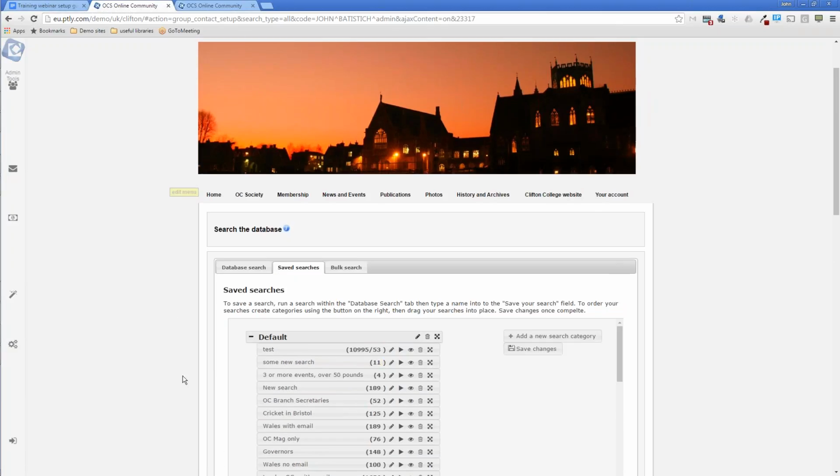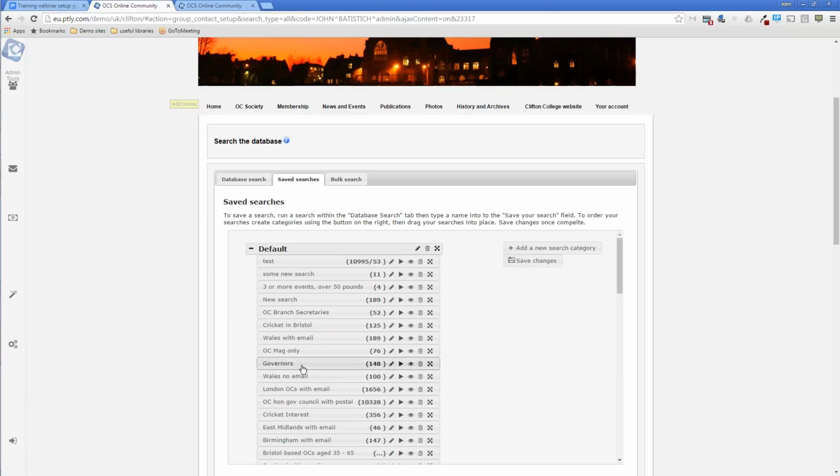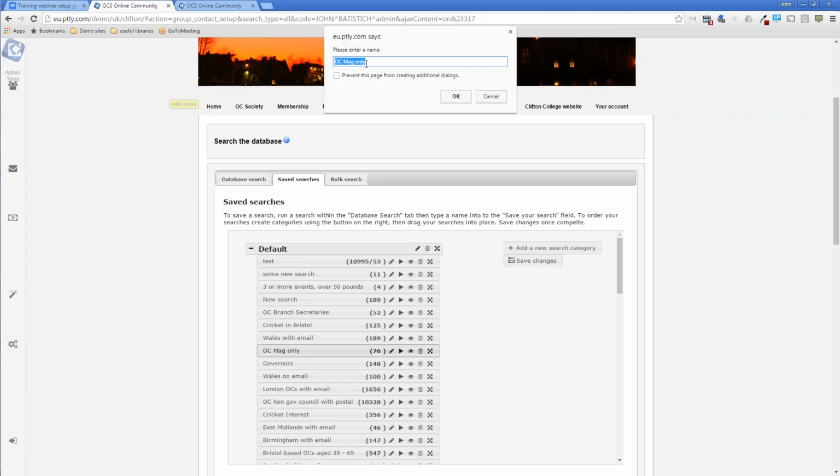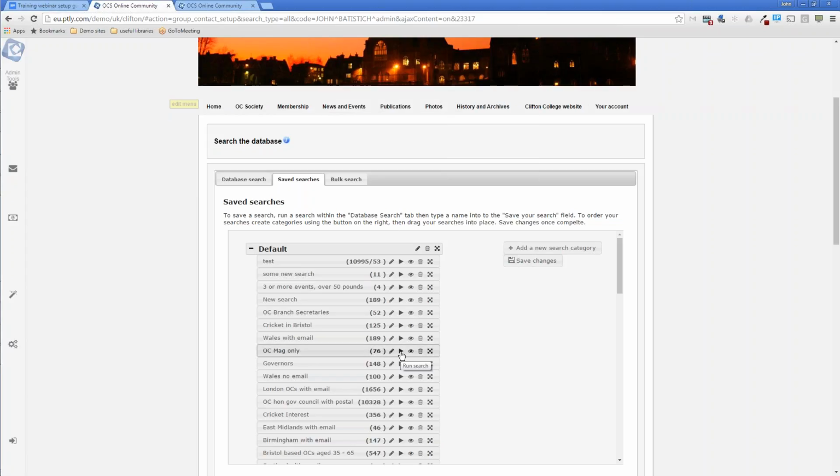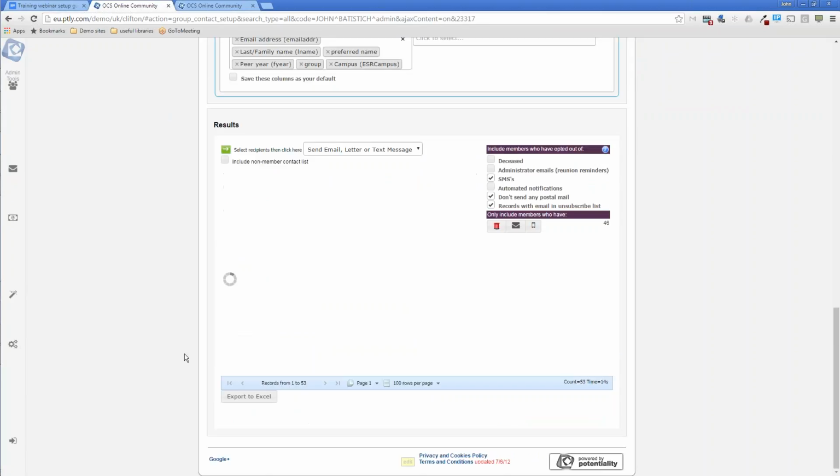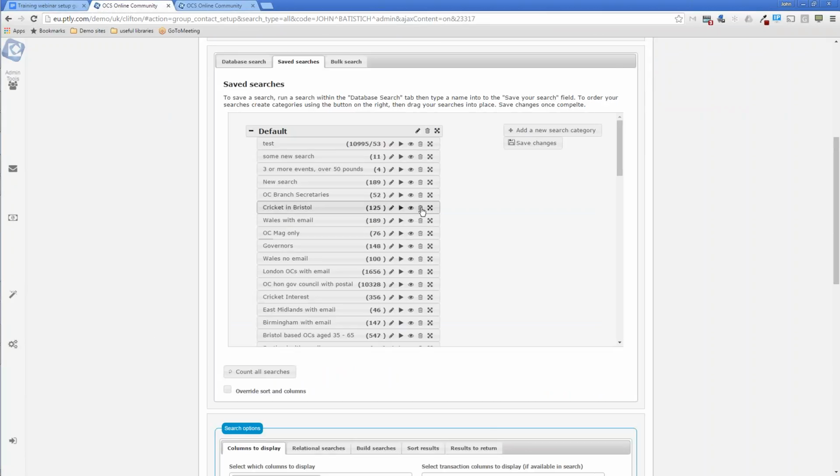So that's how we save searches, but what we can do with the saved searches is put them back into the search interface. So you see we've got a few icons here. We can edit the name of this, so if we click on edit, we can change OC Mag Only into a different name. We can run this search, so that actually runs the search in the interface down the bottom. Or we can click the little eye icon which loads that search back into the search interface. So if we click on that,